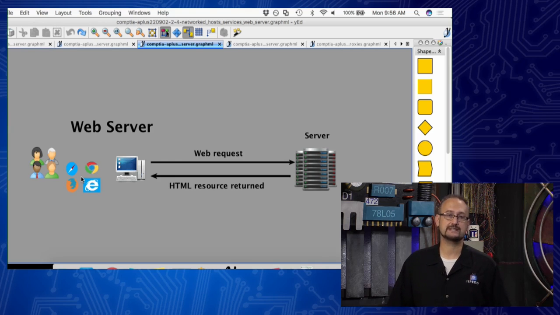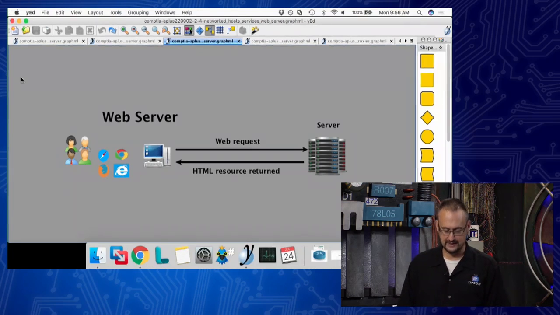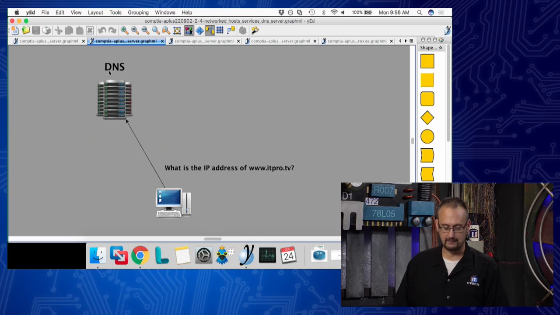Now, I mentioned DHCP. We've also talked about DHCP in other episodes, so I'm just going to briefly recap. If we're talking about something like DNS, what's happening? Again, you're calling out and saying, hey, I got a name, you got the IP address so that I can view this, I can talk to this computer.